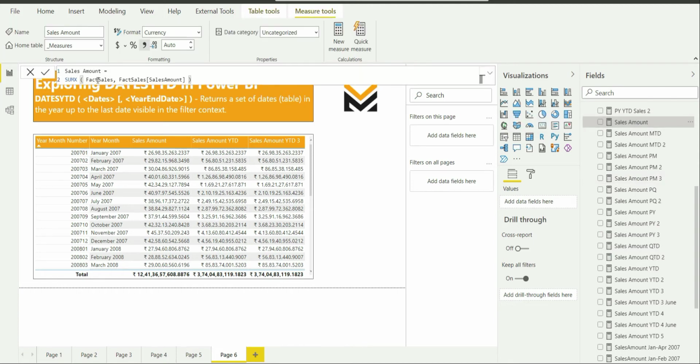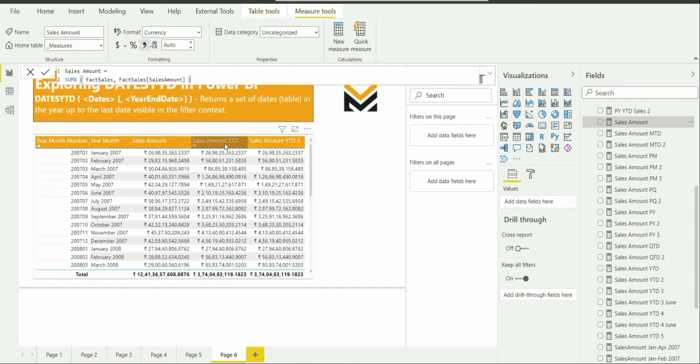In this particular case, I am again using the Contoso database provided by Microsoft. I am using the fact sales table of Contoso. I am iterating over fact sales, and then I am running the sum over the sales amount column of fact sales. So this is my sales amount measure.